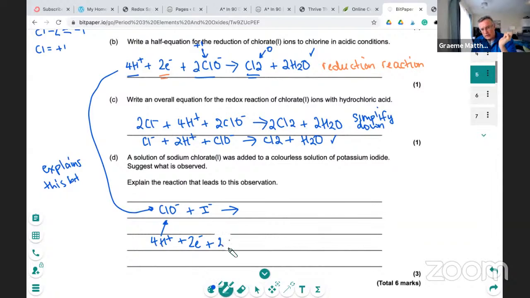And the 2 ClO minus goes to, let's see, Cl2 and 2H2O. Now, I'll explain my thinking in a minute, chemists. I've also got I minus like this, and I'm thinking, if this has been reduced, because the electrons are on the left-hand side of the arrow, could the I minus be acting in the same way as